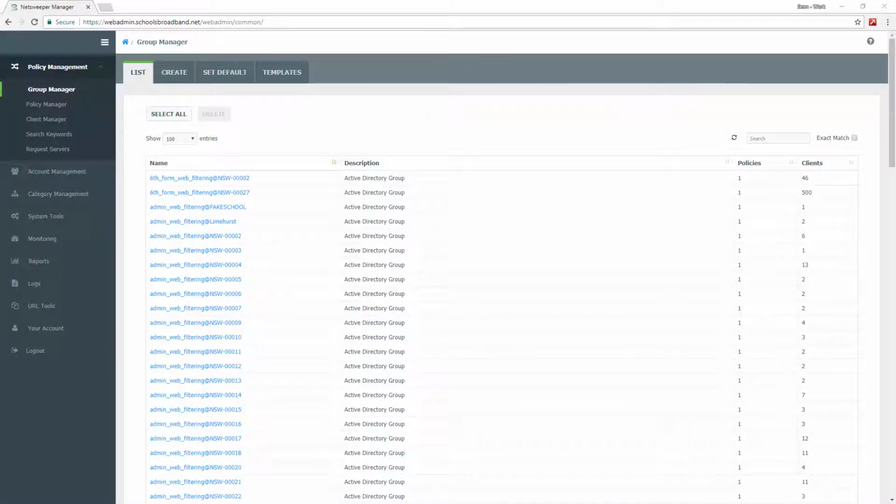Hello, and welcome to the NetSweeper tutorial on how to use the Web Admin web page to manage your school's filtering. Within here, I'm going to show you how to use the local list and how to allow and deny